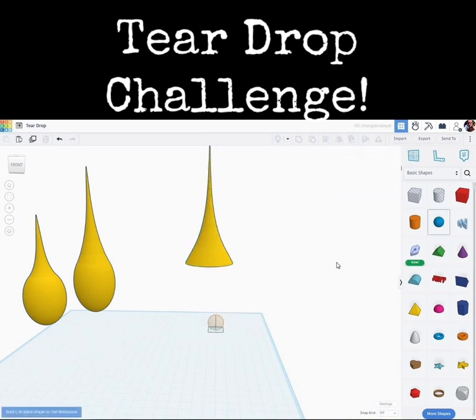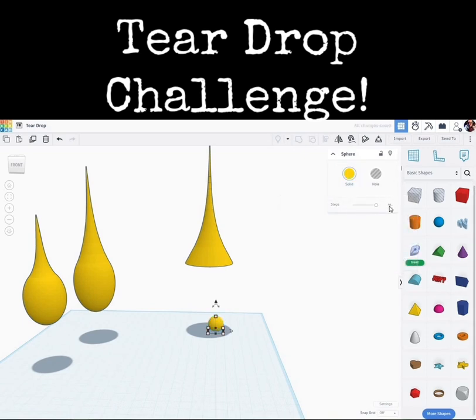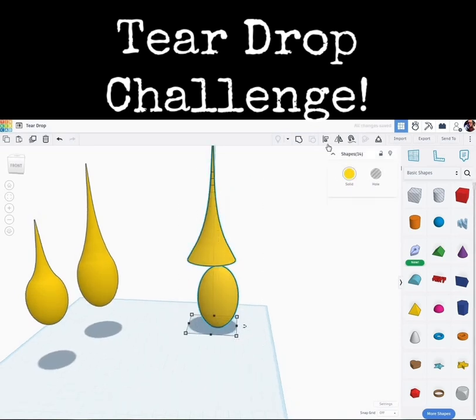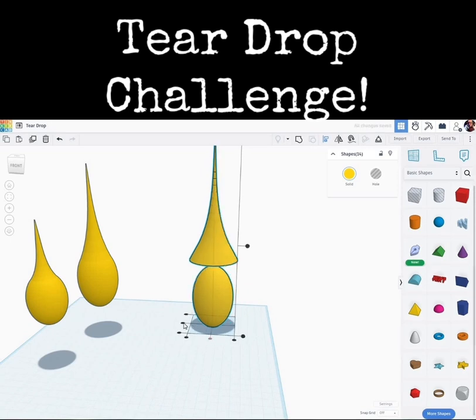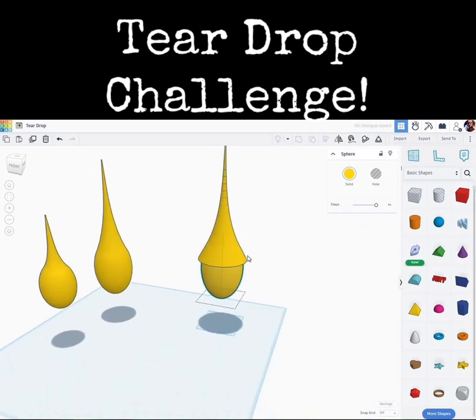Let's grab a sphere. We'll make it yellow, and increase the number of steps to make it smooth. I'm going to drag it up a little bit to make it a little more egg-shaped, and hold Alt and Shift and drag this out just a little bit for the moment. Now I want to take all of this and do a quick alignment. This direction, this direction. Okay, now that they're center aligned, I can bring that round spheroid shape up,